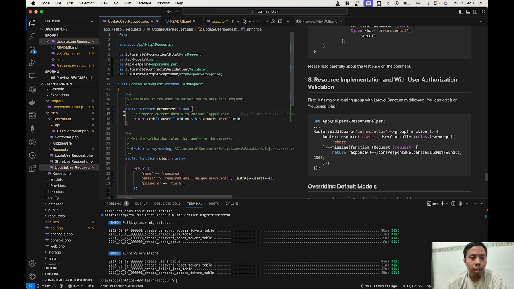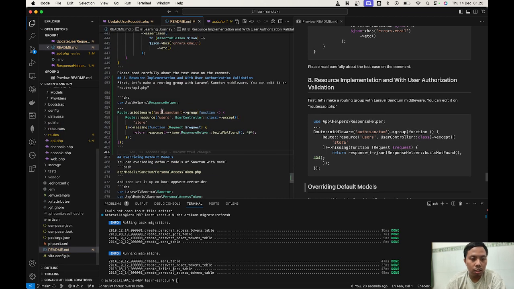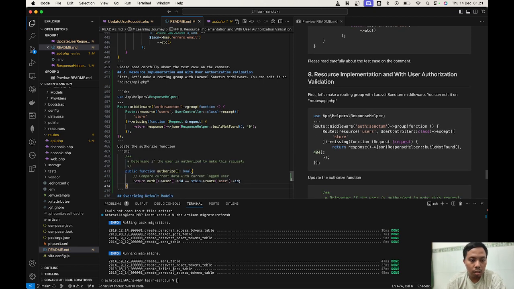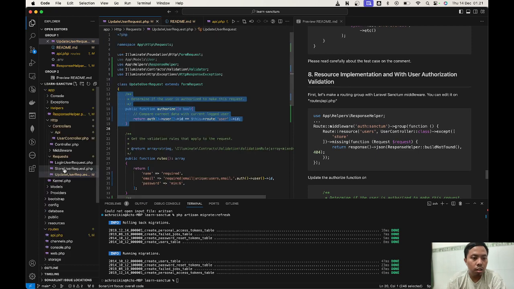In this one, we're going to update the authorize function. Let's paste it first on this file.